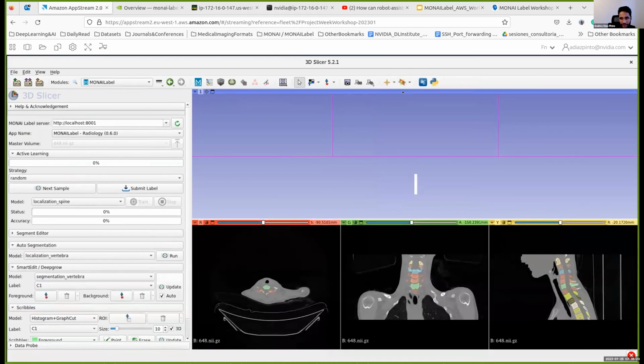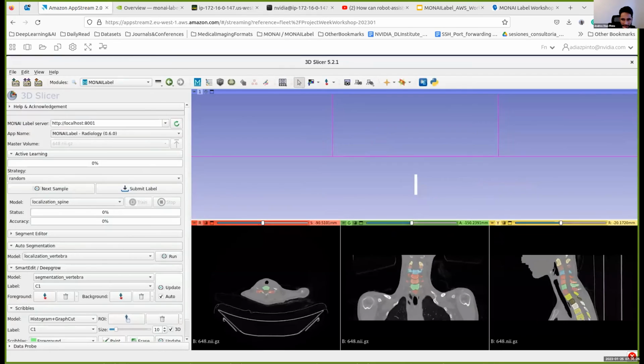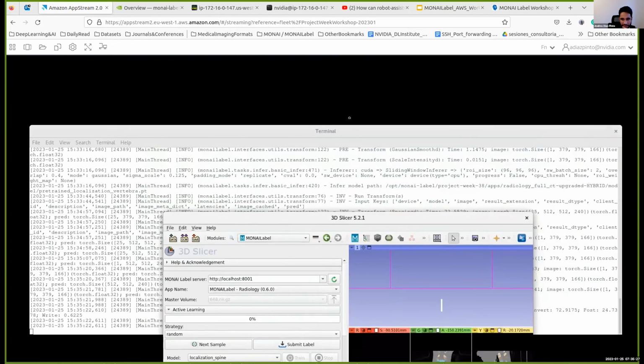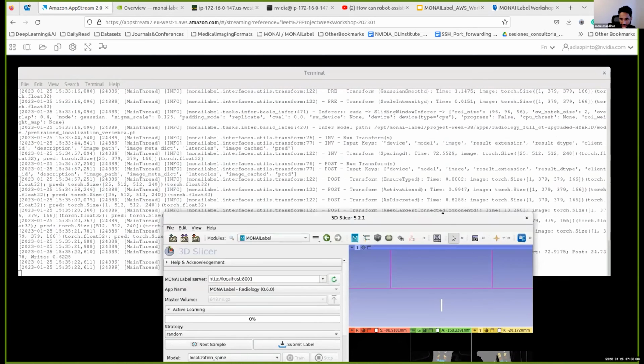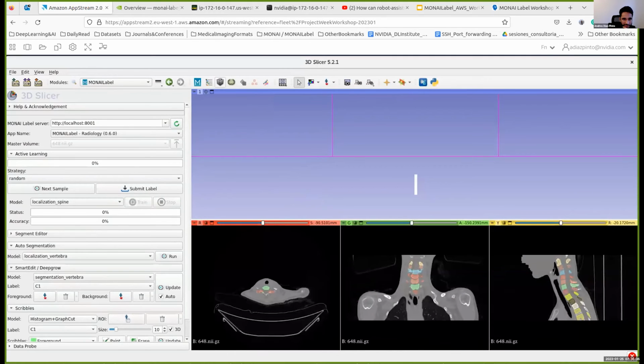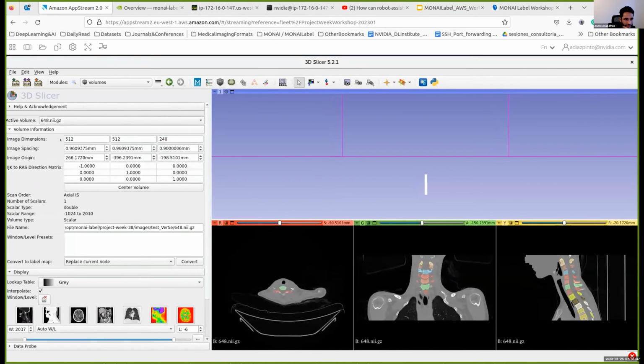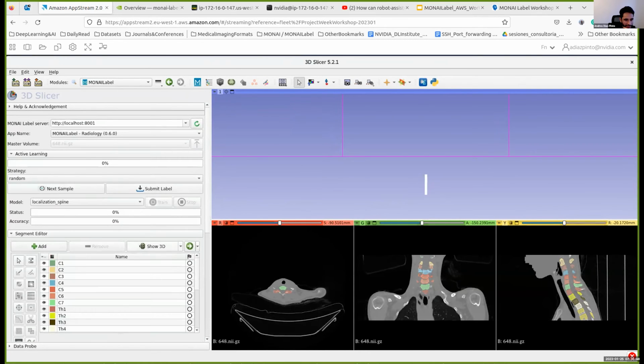This is actually taking more time than expected. It took 136 seconds, which is more than 2 minutes, to run inference on this image, which is quite big actually. The volume is 512 by 240, with good spacing and good resolution. Anyway, you can go here and visualize in the segment editor the segmentation that you got from the